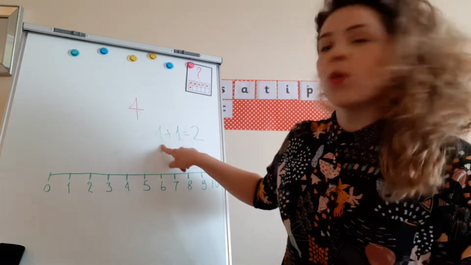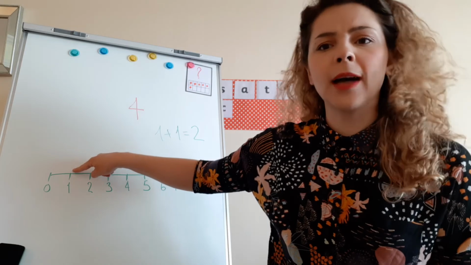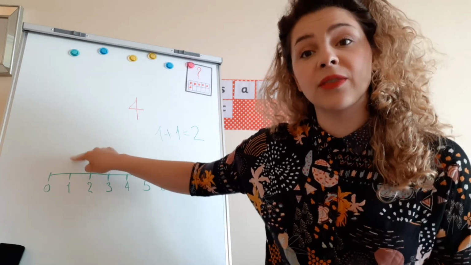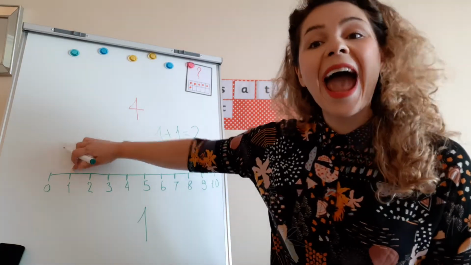How? Let's say 1. How do we get to 1? We start from 0, we hop to 1. How many hops? From 0 to 1, only 1. Now, after this first hop, I'll write it again here, 1, we're going to add